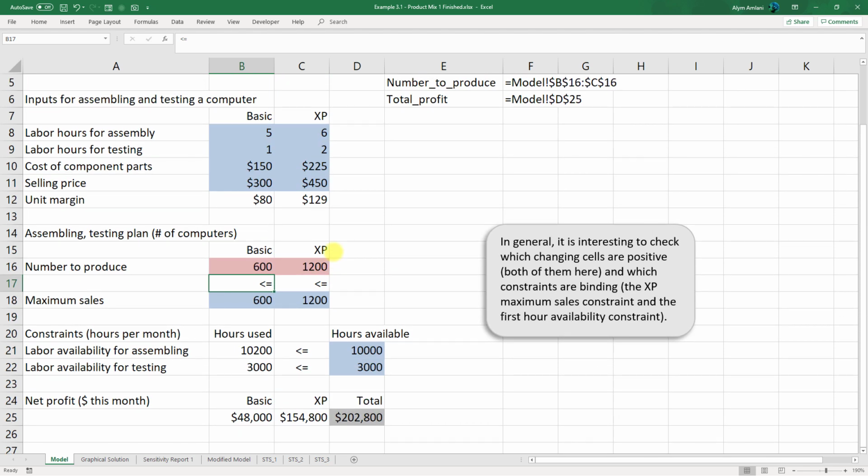So if it is our assembly hours that are limiting our output, one thing we would want to look at, even before running Solver, just so we can intuitively see what's going on here, is what is the contribution, or how much are we earning per hour in the assembly department? Because that's going to be how we favor which product we make. Now the Basics, we earn $80, and the XPs we earn $129 per unit. That doesn't tell us how much they're earning per hour in the assembly department. And to calculate that, we divide